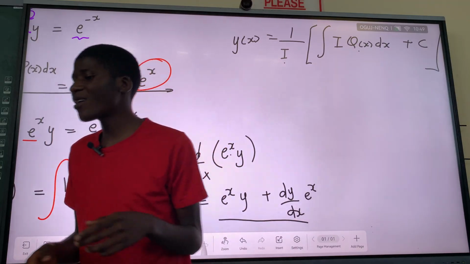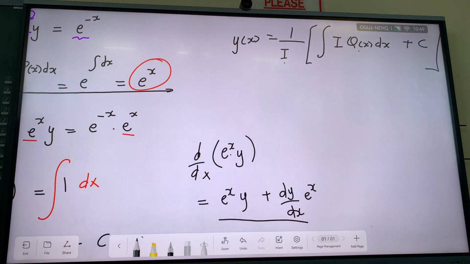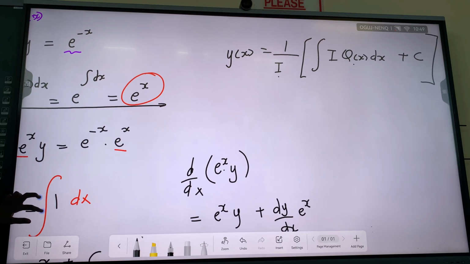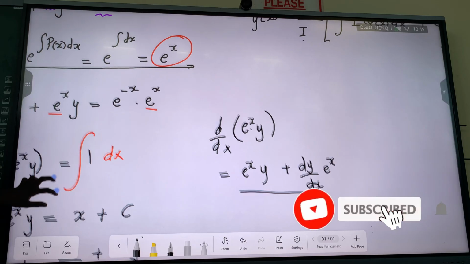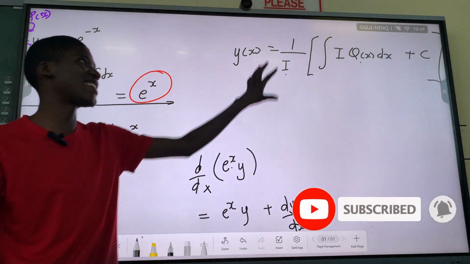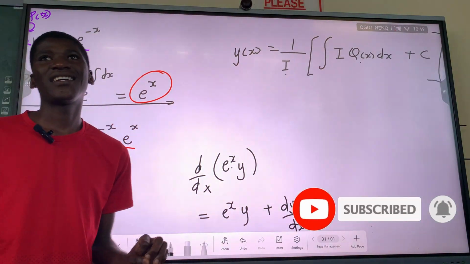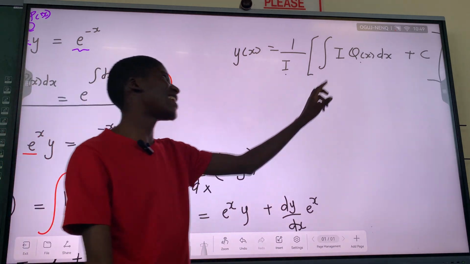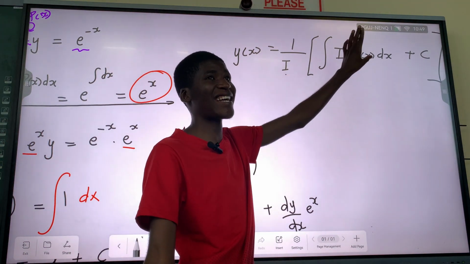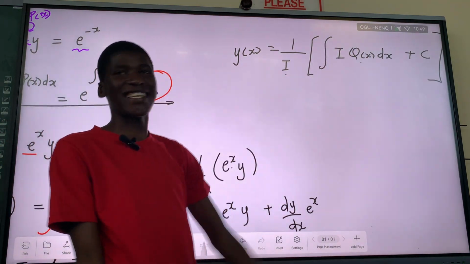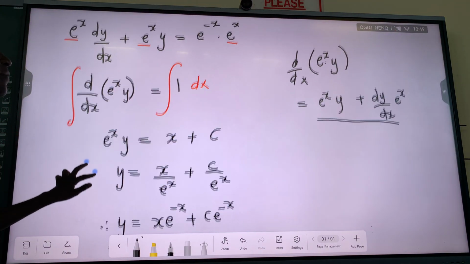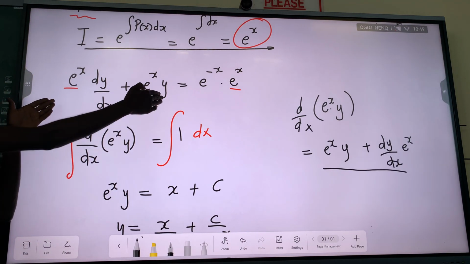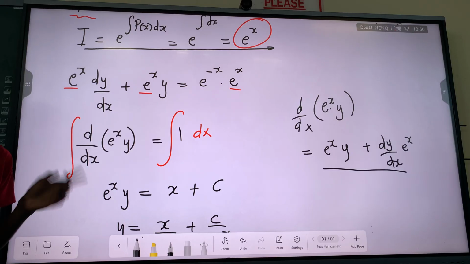You will choose for yourself, but there are things called marks here, so I think you need to try to collect them. Try to get marks. But everything we have done, you can just get it in this way. And if you made a mistake here at I times Q x, maybe you did it the wrong way, that is a person's own fault. But if you follow a standard procedure, I have told you that this side is always a product rule expansion.